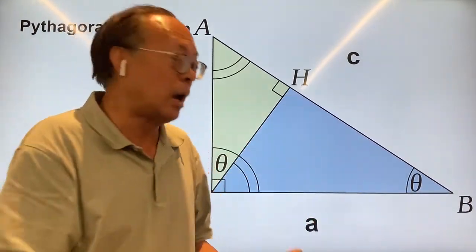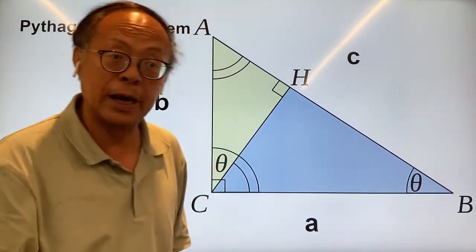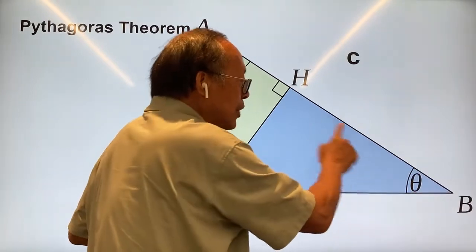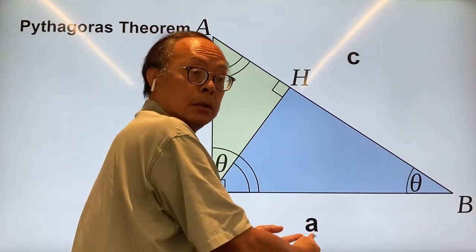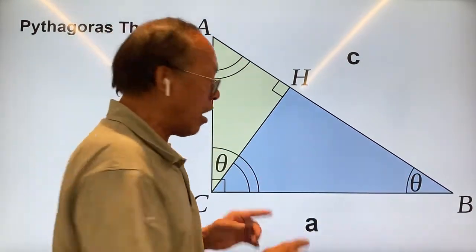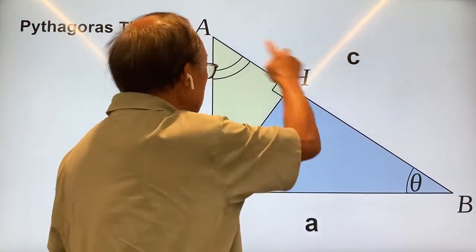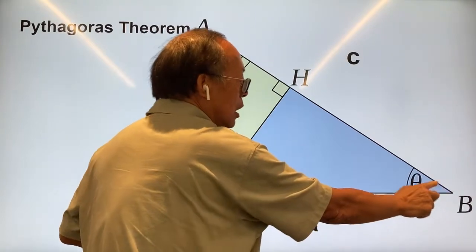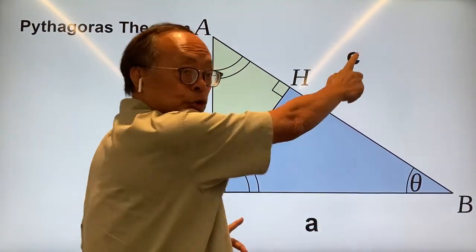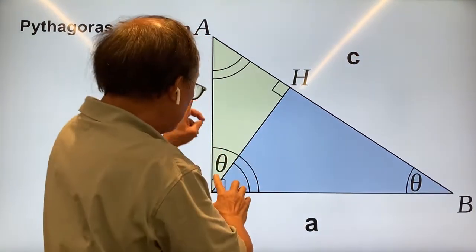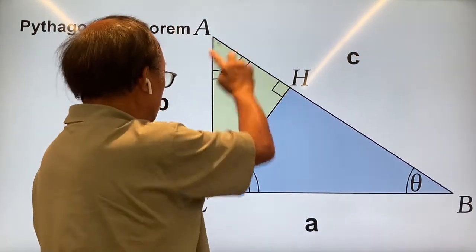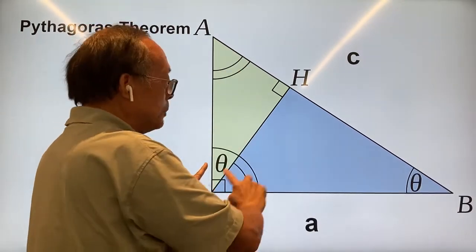it should be proportional to the square of the length of the hypotenuse, right? So what you have here is that this triangle has area that is proportional to a squared, because a is the hypotenuse length of this triangle, and c is the hypotenuse length of this triangle, and therefore the area here should be proportional to c squared, whereas for the hypotenuse of this triangle here, b squared should be proportional to the